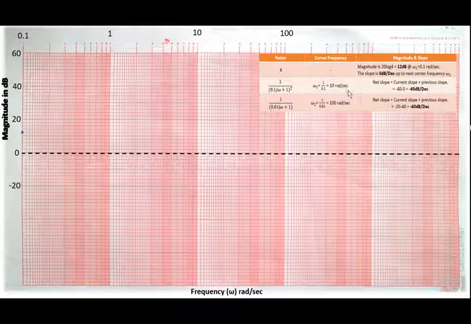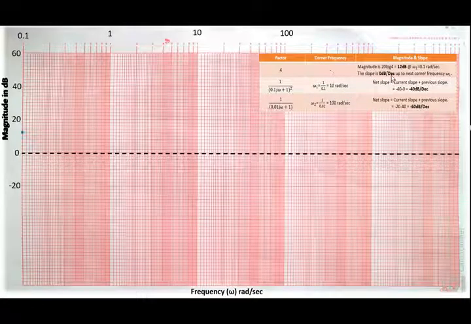10 radian per second. So this slope is starting from, you can consider it as 0.1 radian per second or 1 radian per second. Here there is no need to substitute the omega value while calculating the magnitude because only a constant is there, but you can use this as an initial frequency to start it. So initial magnitude is 12 dB. Initial frequency you can consider as 0.1 radian per second or 1 radian per second because no zeros and poles are present here. So starting from 0.1 radian per second to 10 radian per second, the slope is 0 dB. So it is a horizontal line.